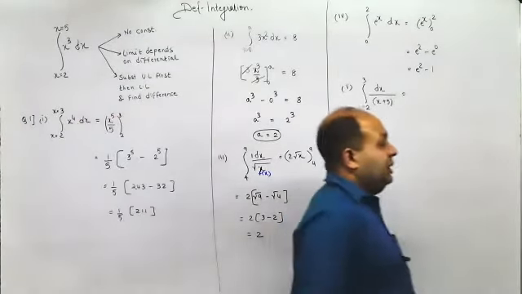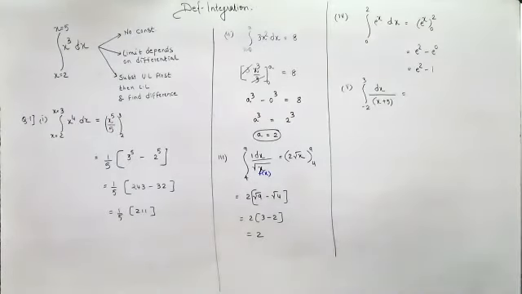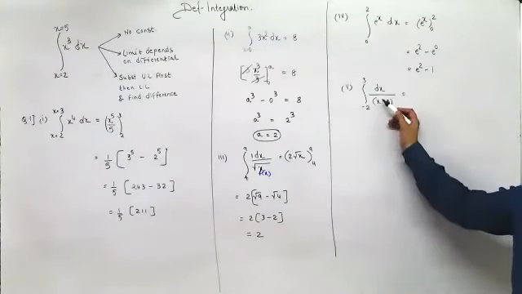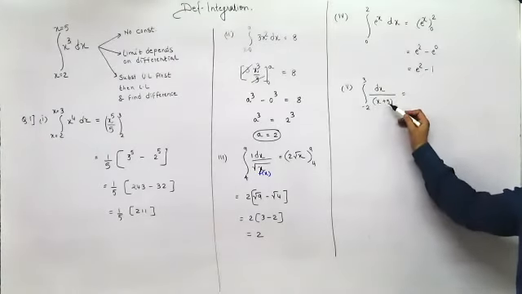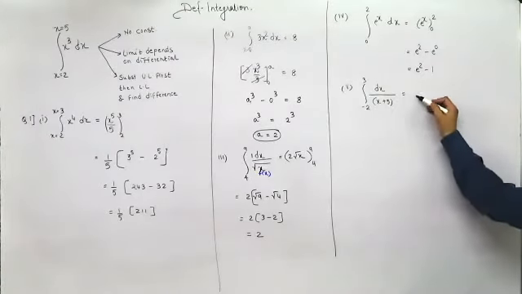Now dx upon x plus 5 is what? Here I can treat this as x term. This is x term which is linear, so I can treat it as x. 1 upon x would be log x plus 5